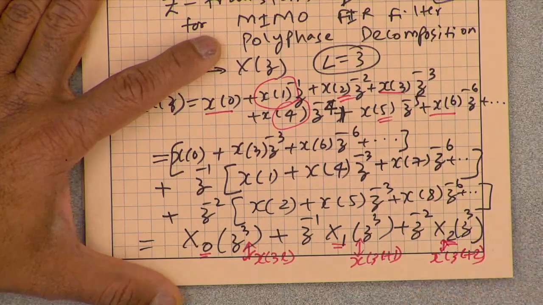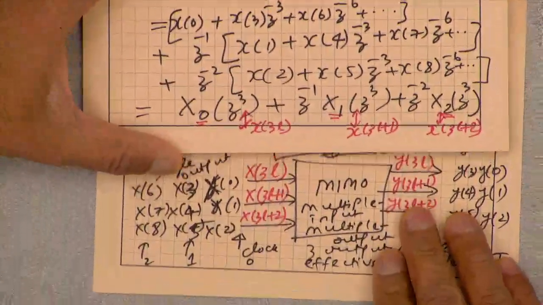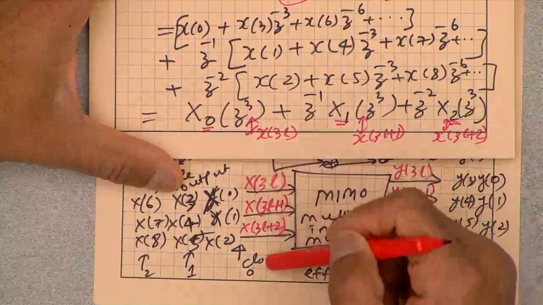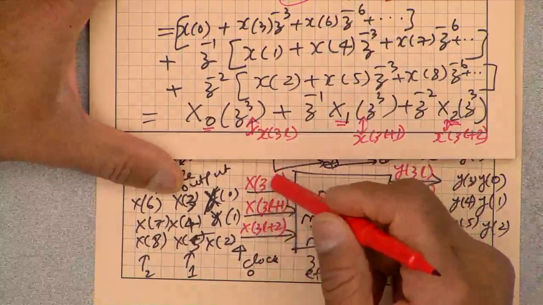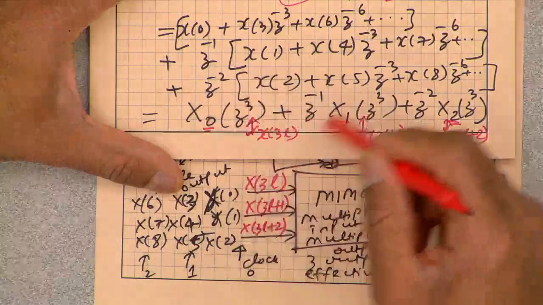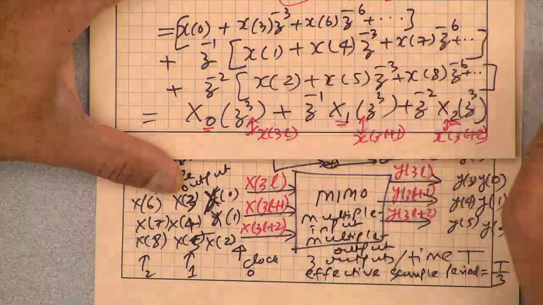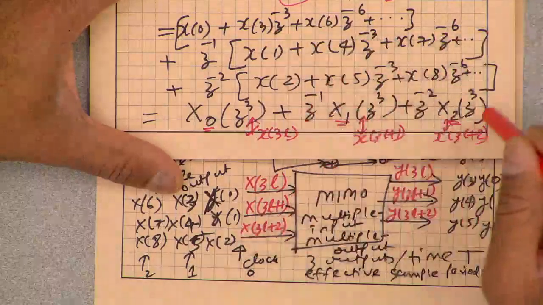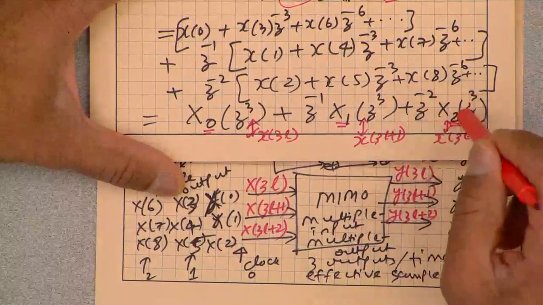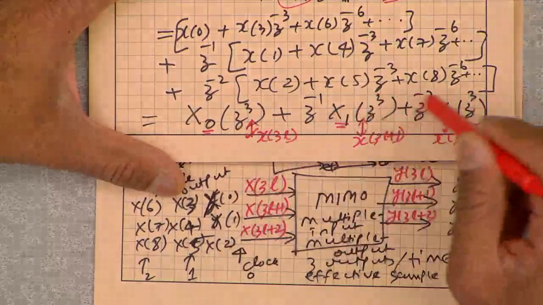So if you think about these wires, X3L, X3L plus 1, X3L plus 2, the z transform of this is X0 z cube. The z transform of the second one, sample numbers 1, 4, 7, 10, etc., and the X3L plus 2 z transform, that's the third polyphase. If you want to talk about first, second, third, or polyphase 0, polyphase 1, 2, it doesn't matter.